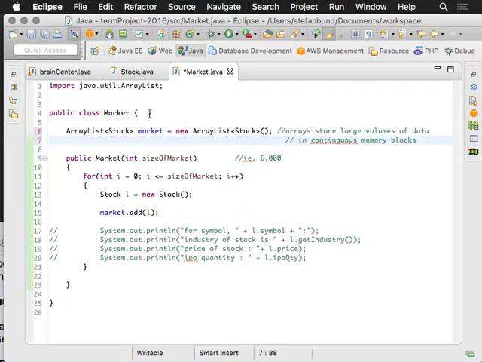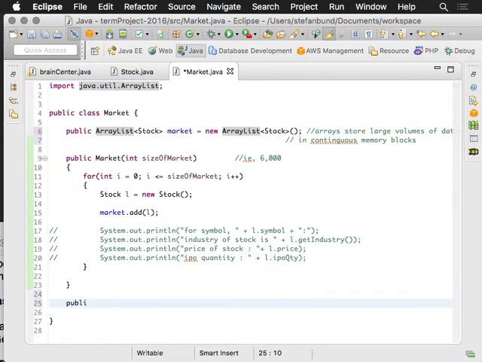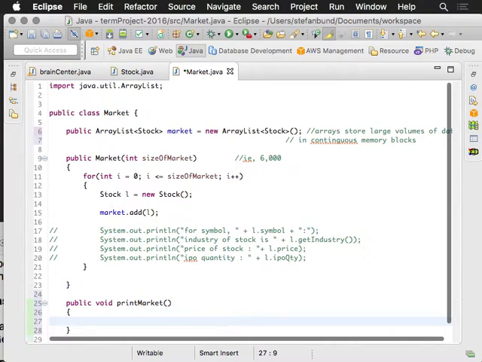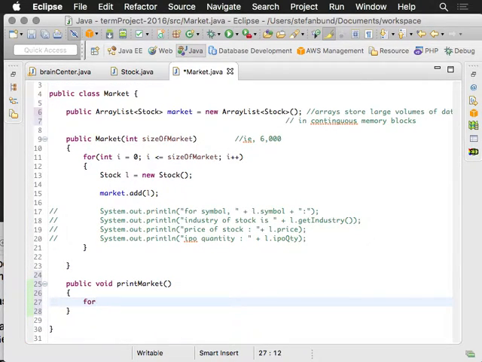And so the fact that we stored the market right up here, and why don't we make this public, means that we can also access that market. So why don't we print the market right here. And what we'll do is, and I'm going to move quickly through this, I'm going to say, for all the stock called ST inside the market,